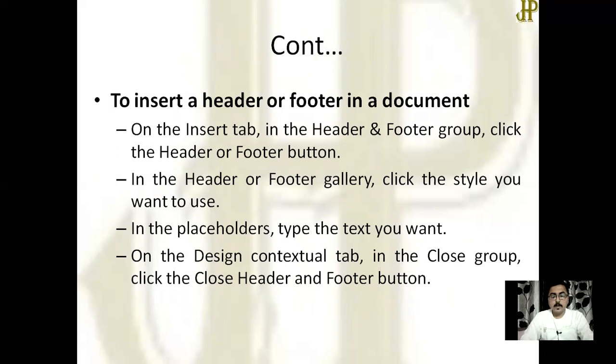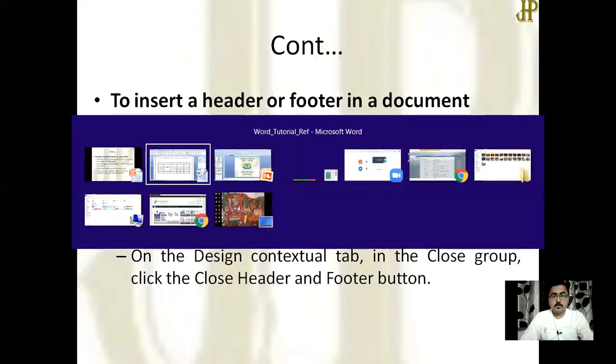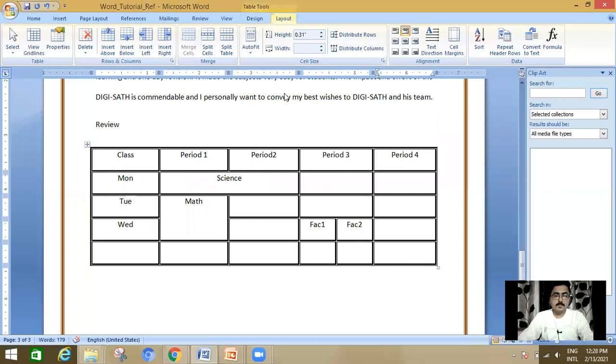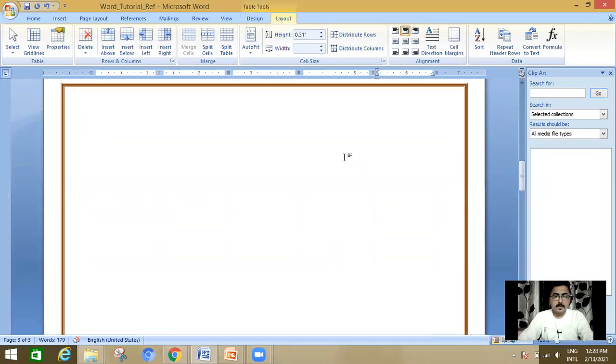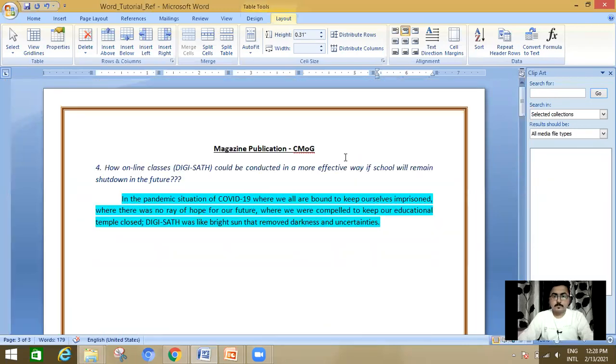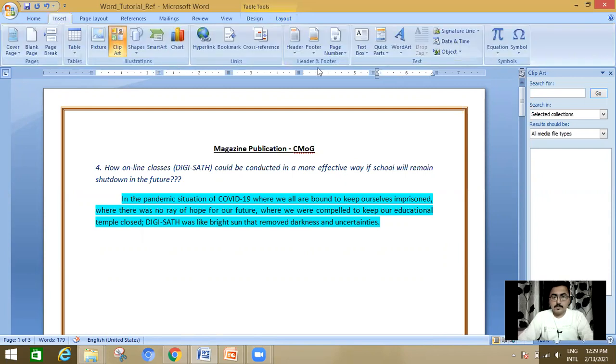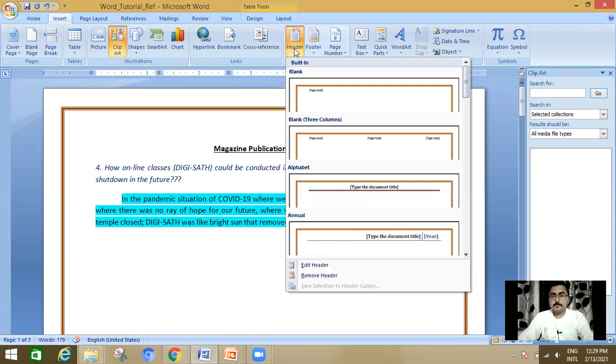So how is it to be done? I'm going to give you an example. This is your main content. Okay. Now, if you want a header, go to the insert tab. There is a header and footer section. Okay. Click on header.